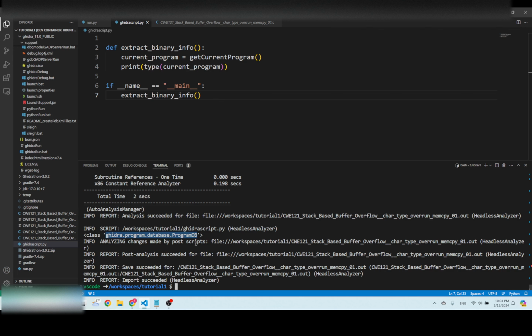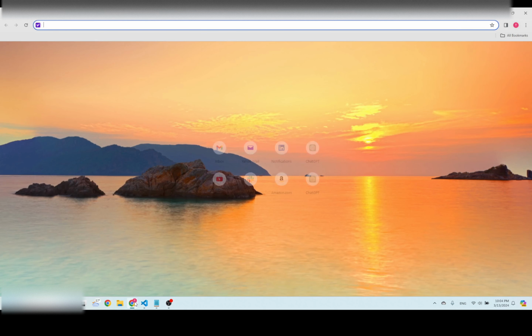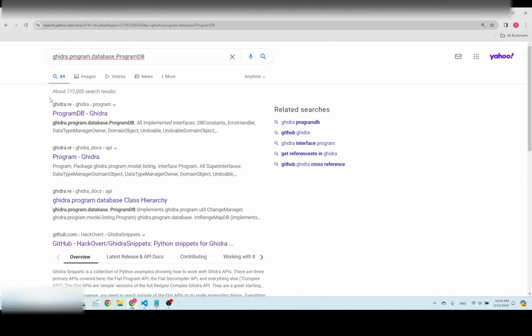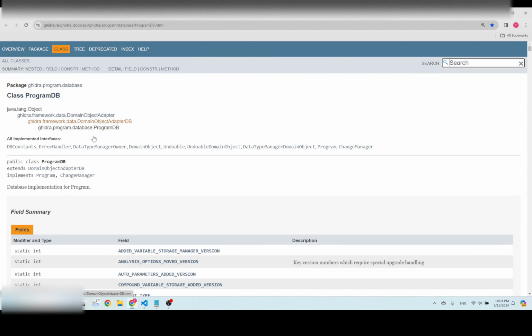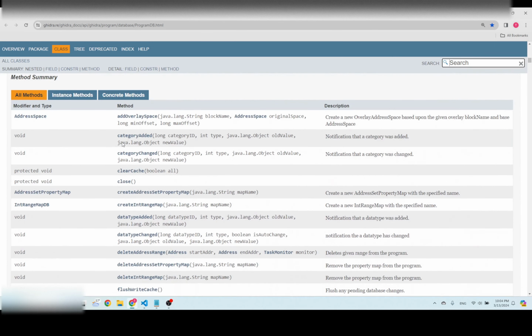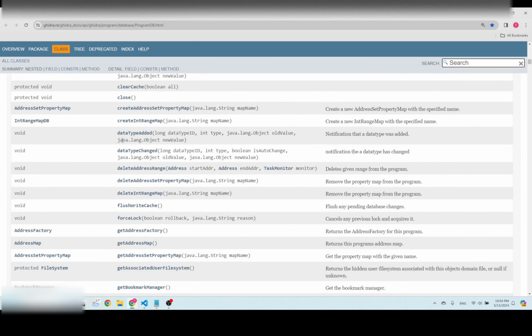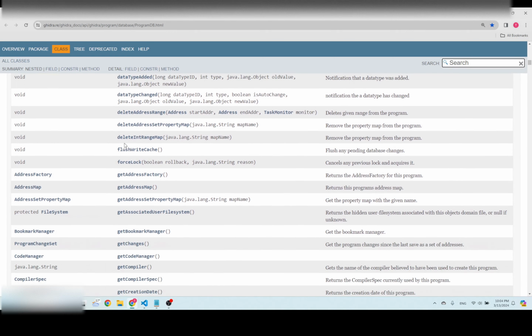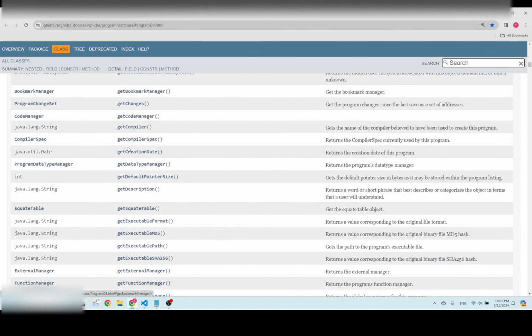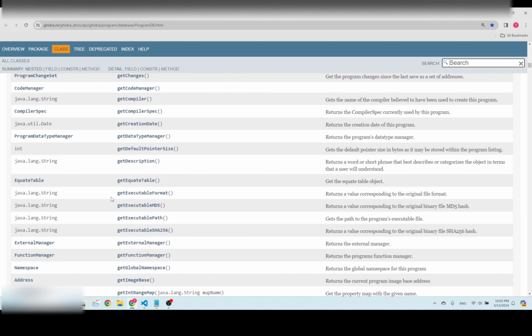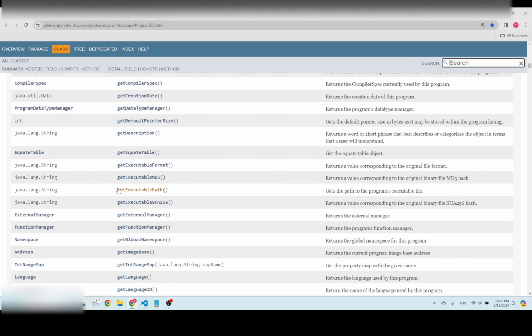Ghidra's API are well documented, so you can simply search for this object in Ghidra's documentation, and you can see here which functions you can access using this object. So there is one function get executable path that will get the path to the program's executable